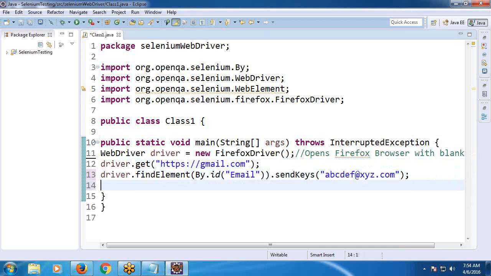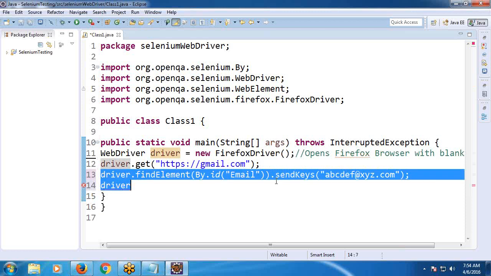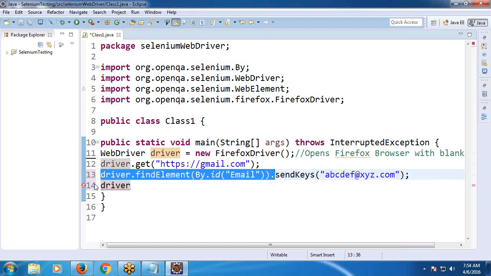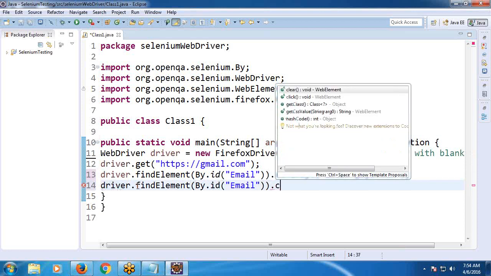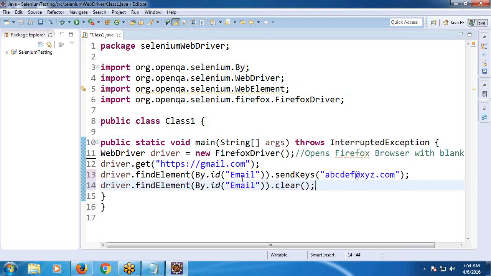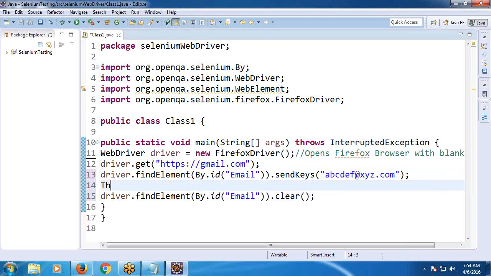After entering the value, suppose a value is already there, remove that value. Driver dot find element, you can copy this one. Otherwise, you can follow the second syntax or the first syntax also. Dot clear. Okay. In order to observe the test execution process, insert